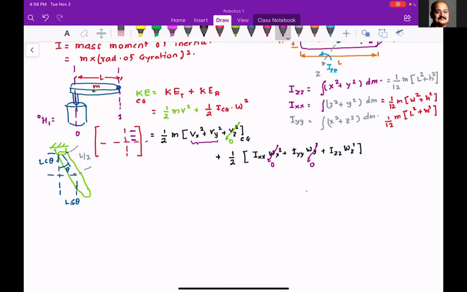For the next 3-4 lessons, I'm going to hammer on this. Because believe you me, if you understand this, then you can do 3-dimensional dynamics for any rigid body. Multi-body dynamics, no problem. Flexible body dynamics, no problem. But the only thing is you need to understand each and every step.